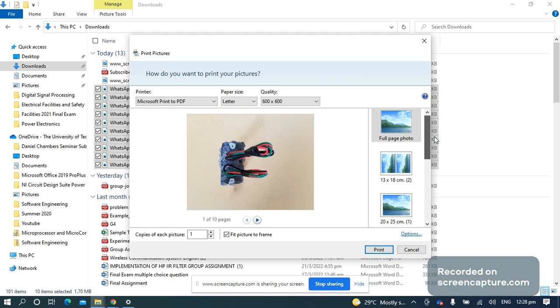I'm going to do full page, and also I'm going to uncheck fit picture to frame, because I notice when fit picture to frame is selected, I don't like how the images are printed. So I'm going to uncheck that. Copies of each picture, I'm going to select one, and then the next thing is to select print, right? So you're going to left click on print,